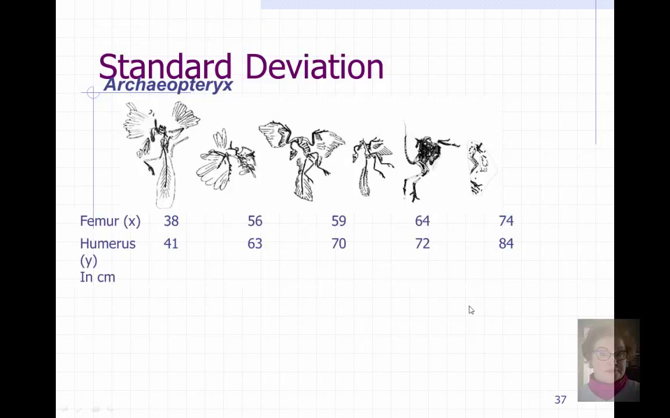Here is the Archaeopteryx data, and we will look at this and do a hand calculation of the standard deviation of the femur, and then we are going to do the calculation of the standard deviation, both the femur and the humerus, in StatCrunch. So we are going to do the Archaeopteryx standard deviation by hand, and I just